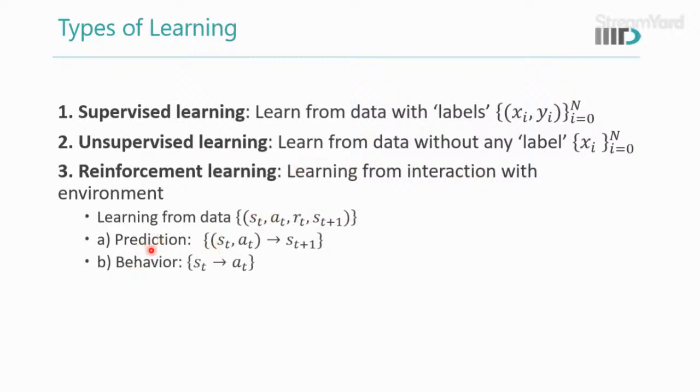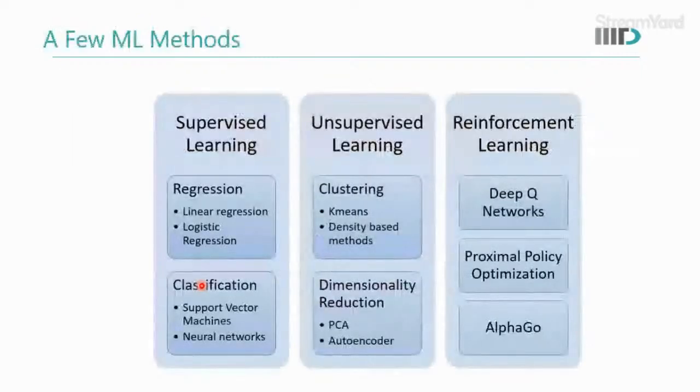It is primarily used for two tasks. One is prediction, predicting the next state, or the behavior, predicting the best action in a particular state. We'll see about these things as well. The common approaches in supervised learning are regression and classification. We have seen these in the previous lecture, and all the details of the individual algorithms we will be seeing in the coming lectures. In unsupervised learning, we have clustering and dimensionality reduction. Today we'll see a very brief overview of these two, and then in reinforcement learning, value-based algorithms, policy-based algorithms, and tree-based algorithms are there. We'll also be seeing these in the coming slides.